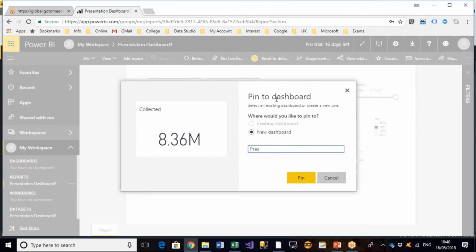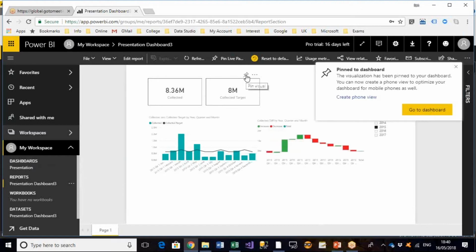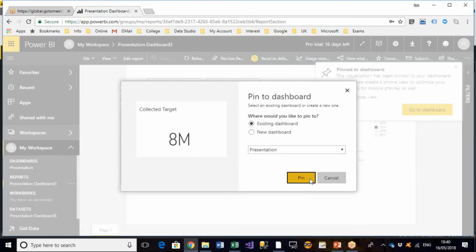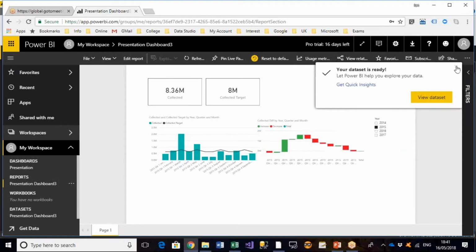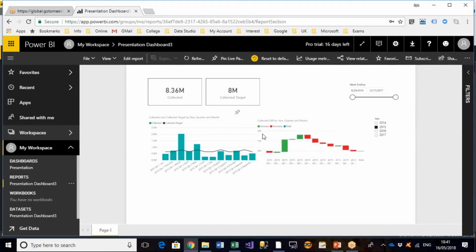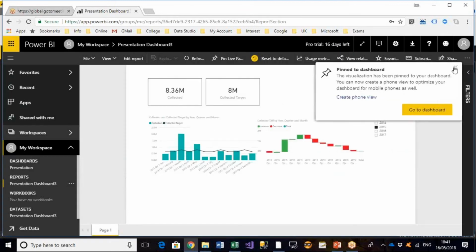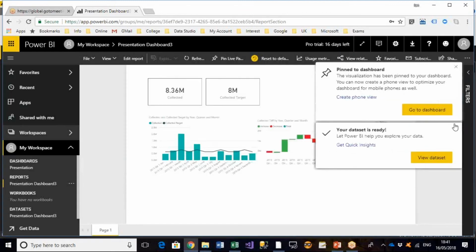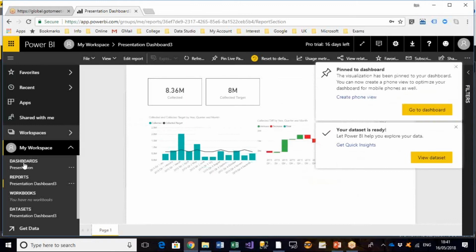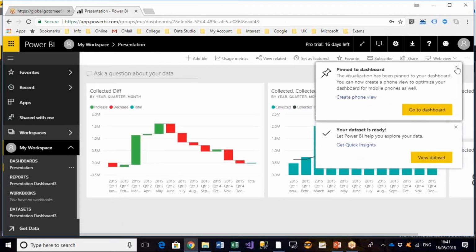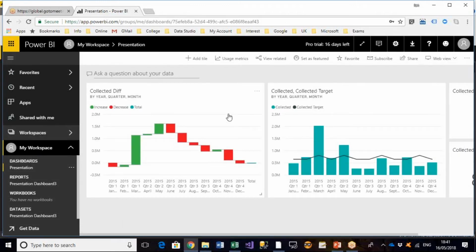So I'm just going to give this a name. We'll just call it presentation and pin it. And we're just going to pin a couple of these into a dashboard, and you see that Microsoft is telling me that we've done this. It can be a little bit annoying to get rid of it. There we go. Okay, so we're going to pin that in there as well. And we'll just do the waterfall graph as the last one. Okay, so I've pinned those now into the dashboard,